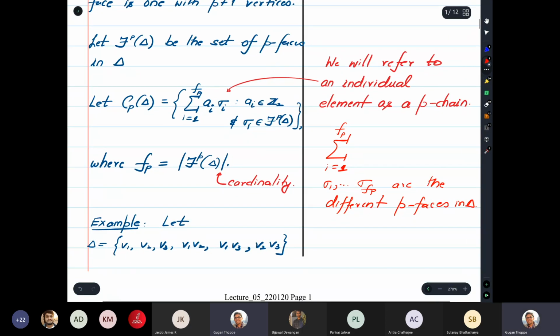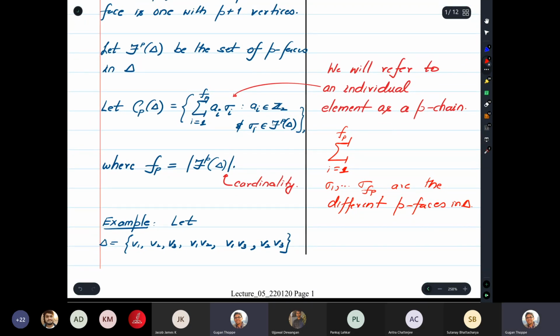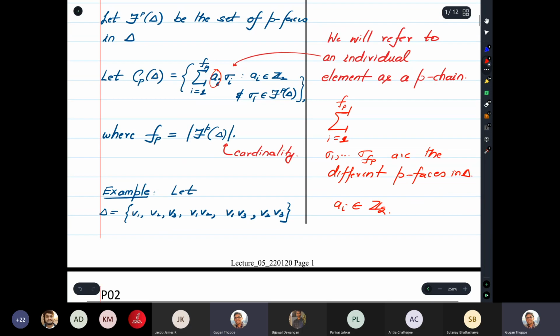Okay, so these are the different P phases in delta, right? And what are these AIs? Well, AIs are numbers taken from Z2, right? So this is what this CP of delta means. CP of delta means you look at all such sums, where these AIs that you have over here